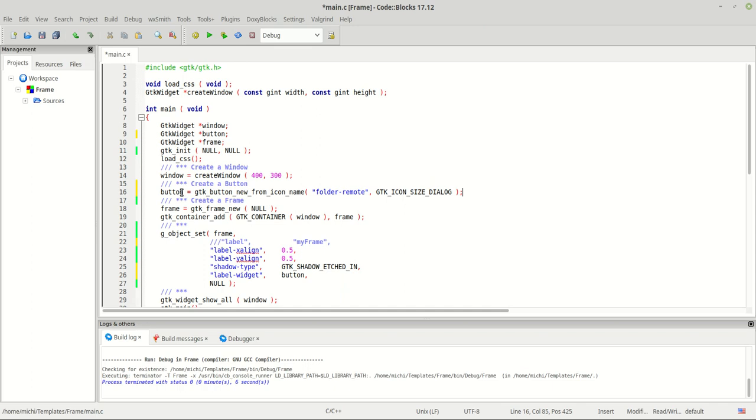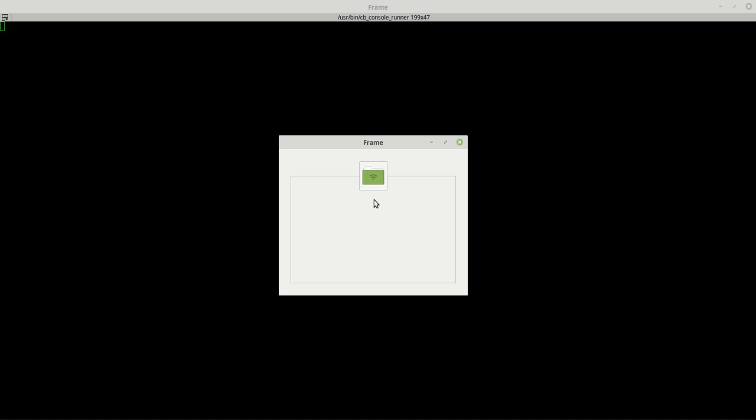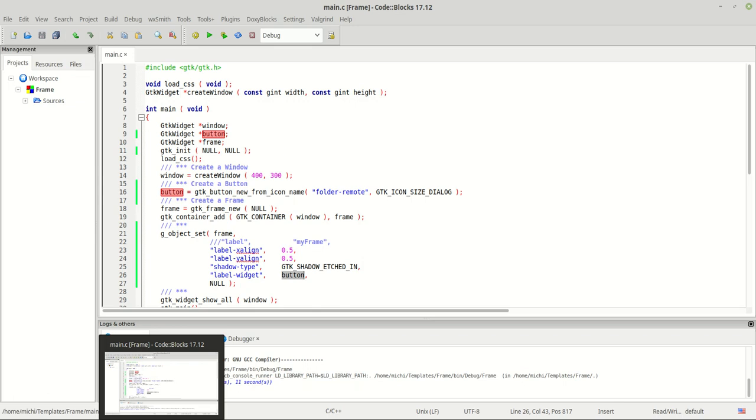Now we created the button, and before we choose to set the button somewhere, we need to think for a little bit. We are not going to add it to some container because we are passing it to this property. So when we are setting the property, we are setting basically this button. Okay, that being said, as you can see, here is our icon, and it works fine. It's a remote folder, showing the wireless icon. So this is everything you need to know about